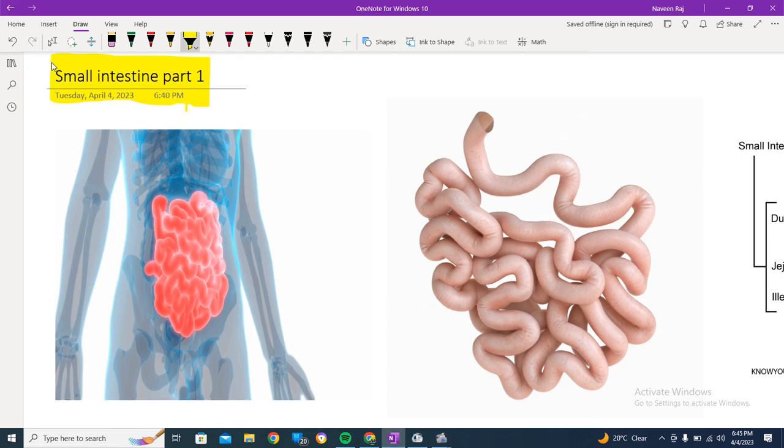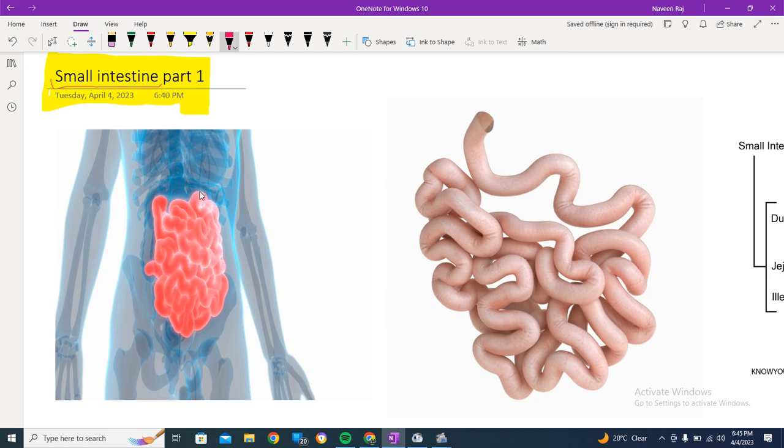But for further more details, like in deep studies, we are making parts of the small intestine videos, so we are just going to deal with further details in the second part. But today's video is also going to be amazing. We're going to cover all the important points in today's video. So yes, I do hope that you know about this part, right? This is the part which comes after the stomach, and